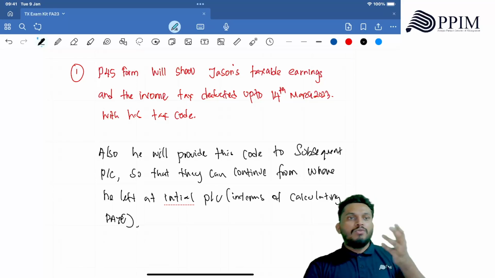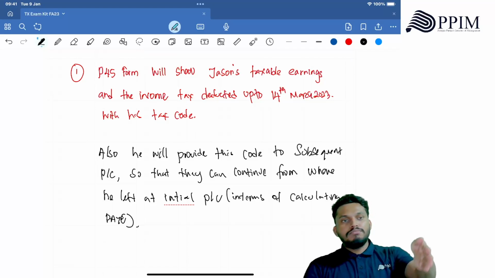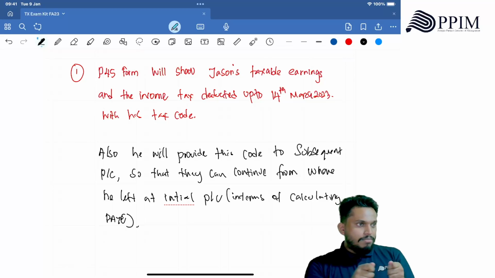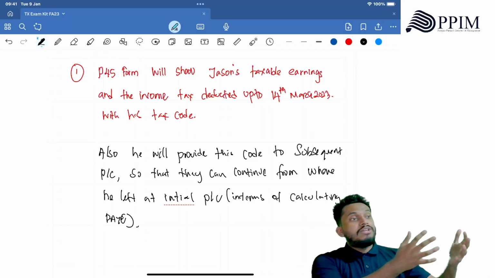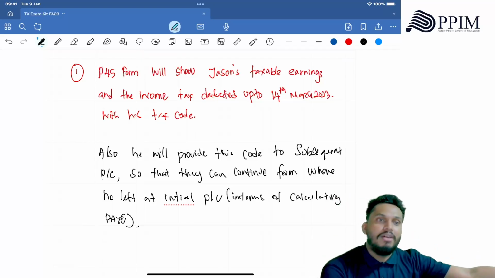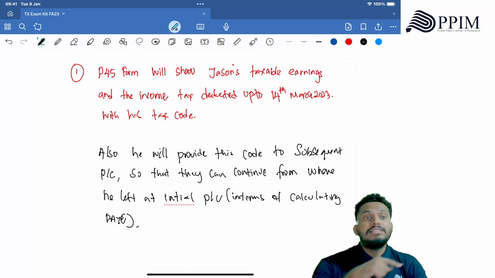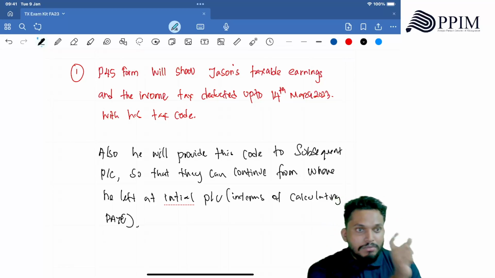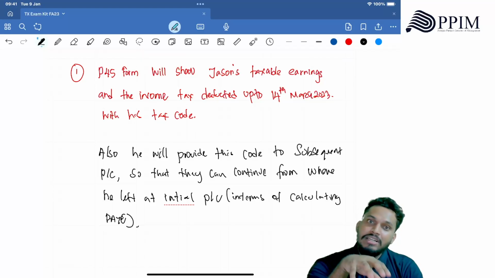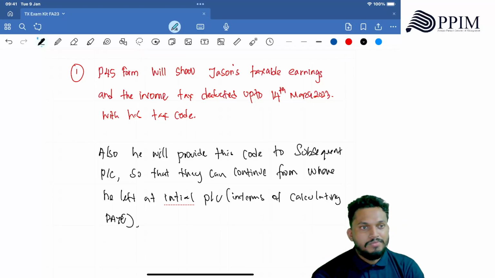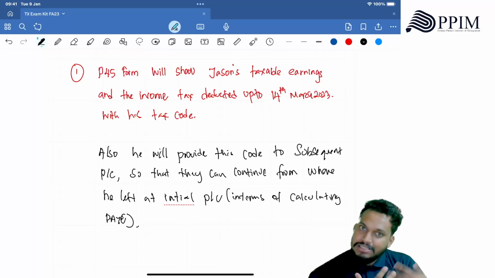Like now, if you are moving in Sri Lanka from one company to another, they will ask for the B card, B form, which is the EPF number, the employee number registered with the government. So it will be easy for the next employer to get your details and continue from there. That is the usage of this P45. There it is happening electronically. Once you submit your details, it will be automatically linked into your system. It is a systemized thing.